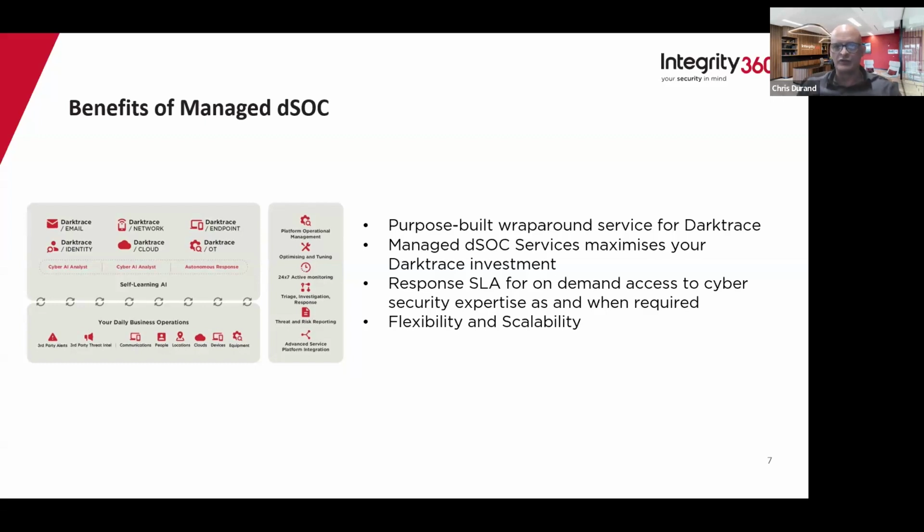So we have an entry-level service within the dSOC stable that does things like platform operational monitoring, in other words, keeping the appliance in tip-top shape performance-wise. We do daily IOCs, which means we are there every day in terms of our reporting. So you can expect a report from us 365. You'll get a report talking about the day's risks. I'll talk more about that in a moment, but that's some of the things you'll expect to receive within that